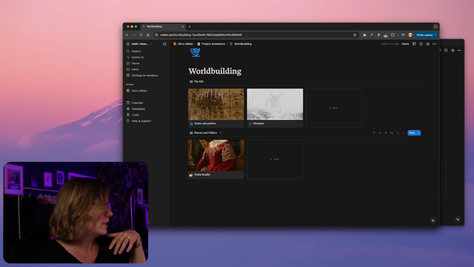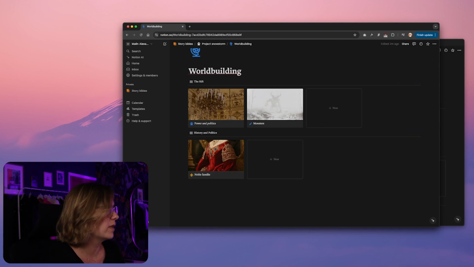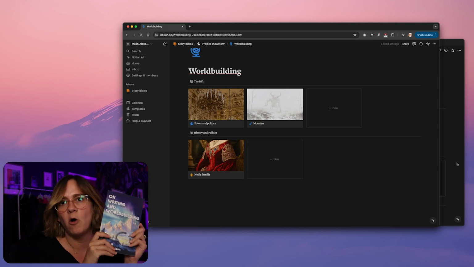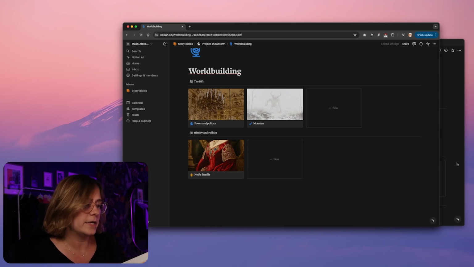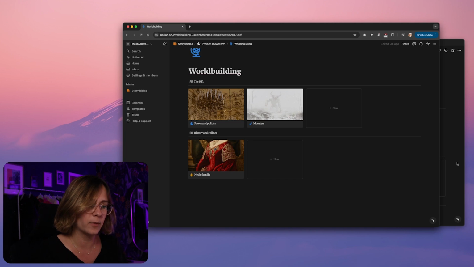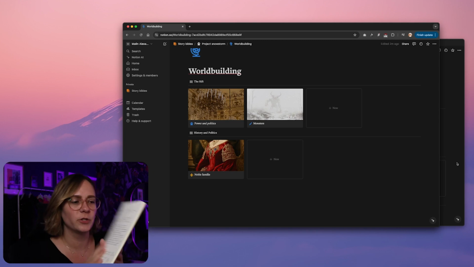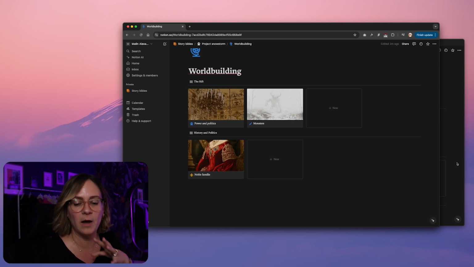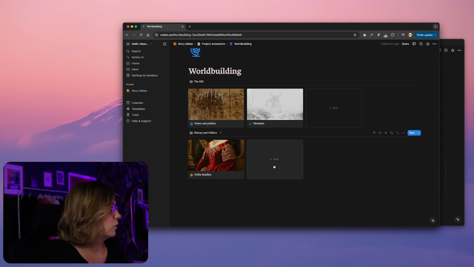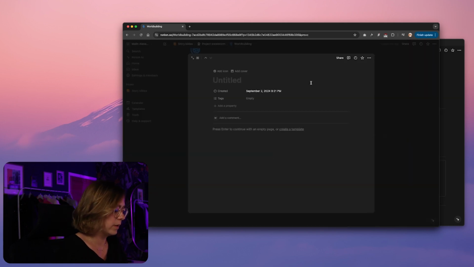What I would do next is start filling these in. So once I have a bunch of them and I have all the ones I need, I would then go in and say, for instance, what have I been looking at? I've started reading from On Writing and World Building, the second volume, and I'm currently in the part about monarchies, and it's asking me a lot of questions about how to set up my monarchy. So I think I would probably use this as my basis. Having read some of this chapter, I have written down some ideas about the system for my monarchy. So I might go into this section in History and Politics. I'll set up a new page and I will call it